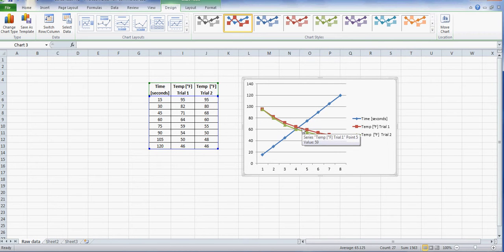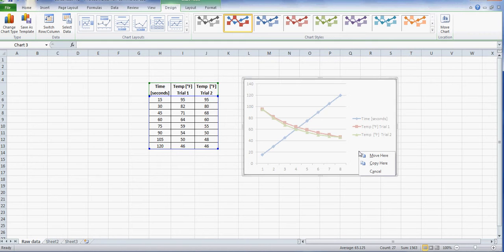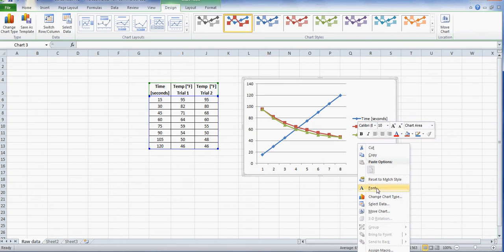Now, the thing I need to look at is: is this chart representing what I want it to represent? And the answer to that is no right now. First of all, I want my y-axis to be my temperature values and my x-axis to be my time values. And that's not what I have here. So in order to fix that, I need to right-click, go down here where it says Select Data,